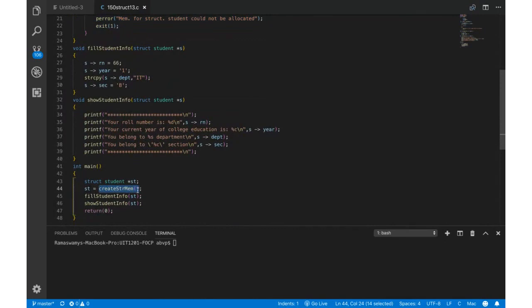So the pointer that is returned from this particular function that creates a new structure is assigned to ST.